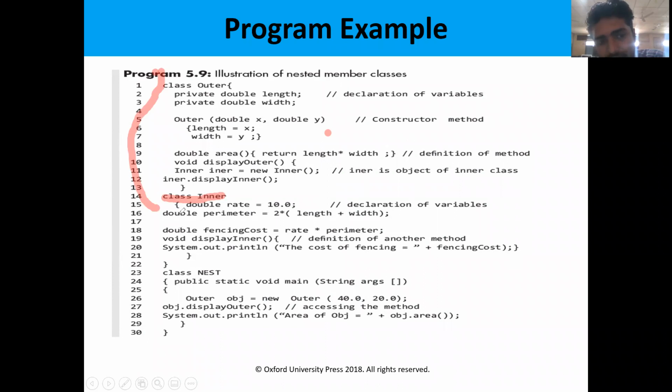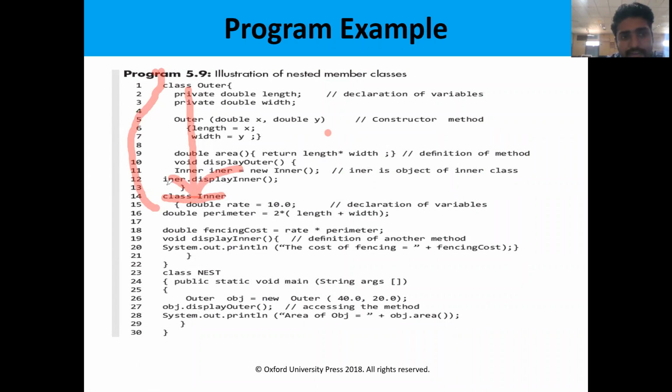Inner methods are inner class members. So this is the main thing in the member inner class. That means inner classes can access all types of members in the outer class or inner class, but the outer class cannot have direct access to the inner class.